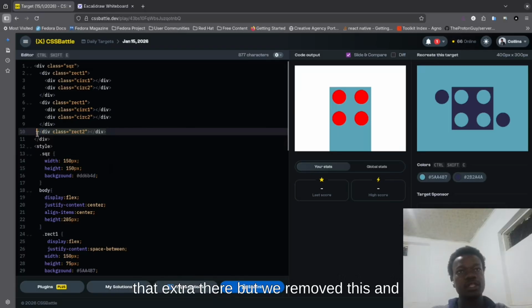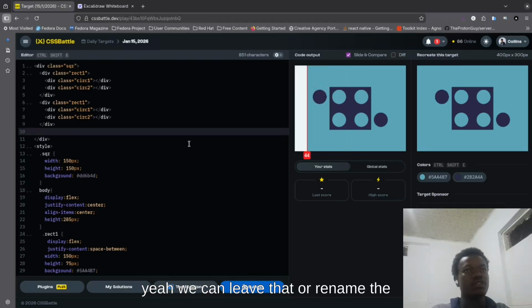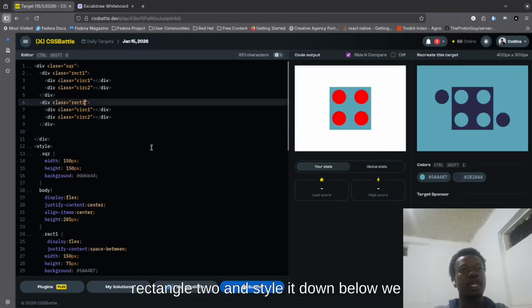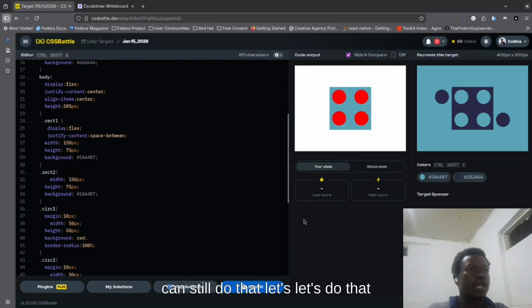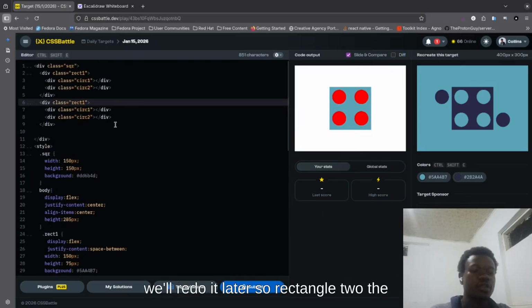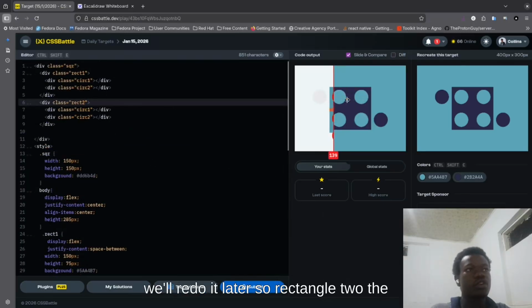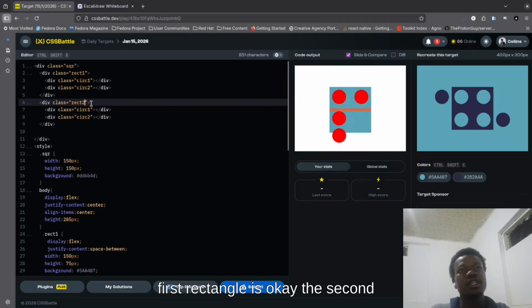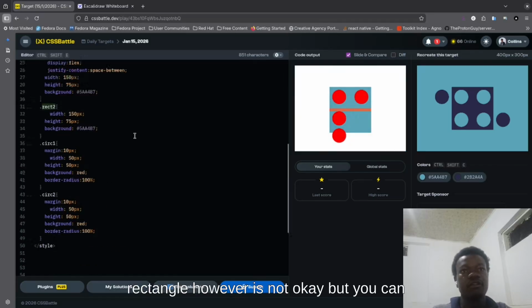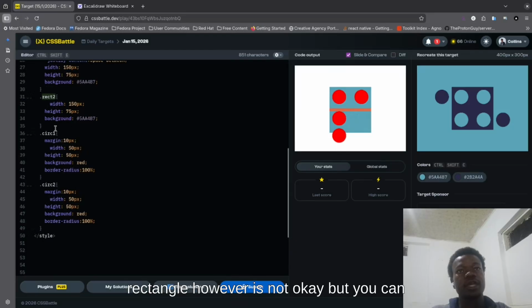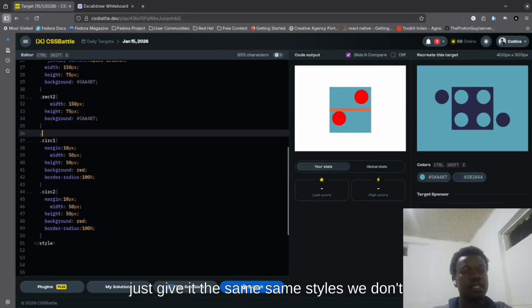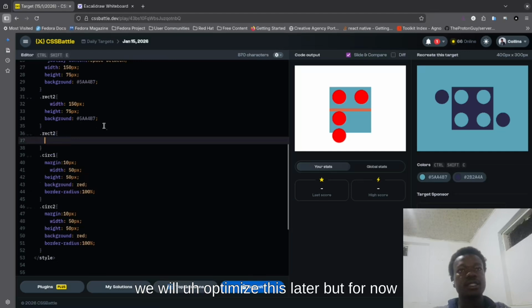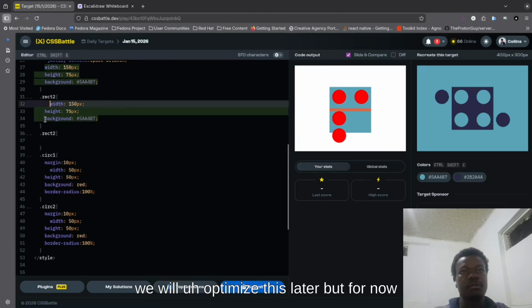But if we remove this, we can leave that or rename this to rectangle 2 and style it down below. We can still do that. Let's do that. We'll redo it later. So rectangle 2, the first rectangle is okay. The second rectangle, however, is not okay, but you can just give it the same styles. We will optimize this later, but for now,